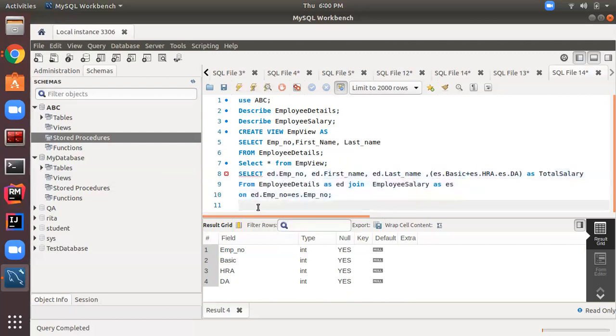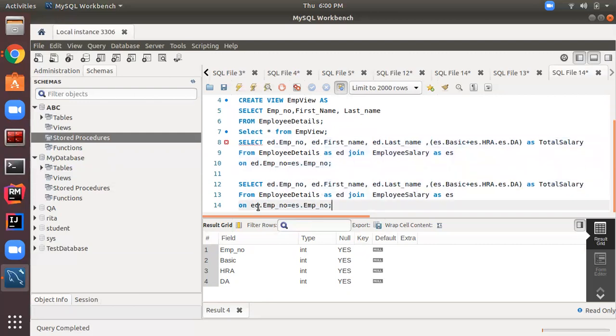Let me write here again. Select star from employee details.